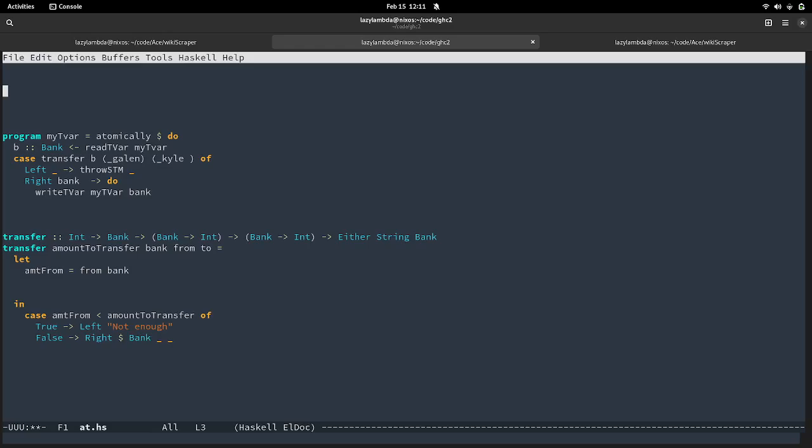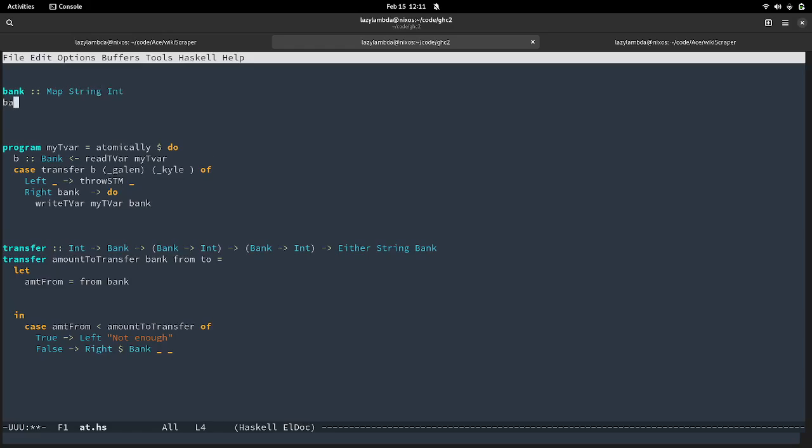Bank would be better as a map of string to int, where Kyle has 1,000 and Galen has $1.